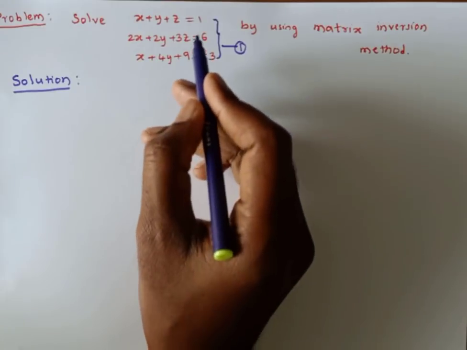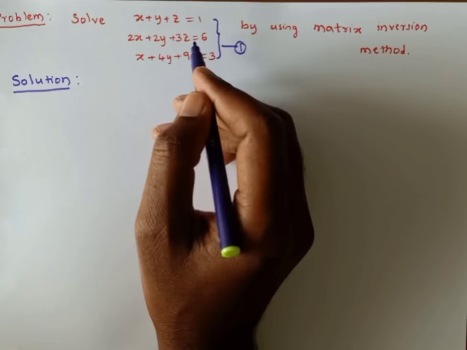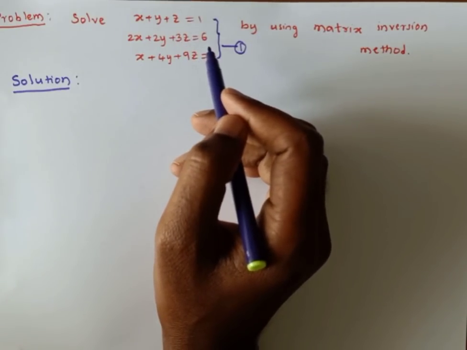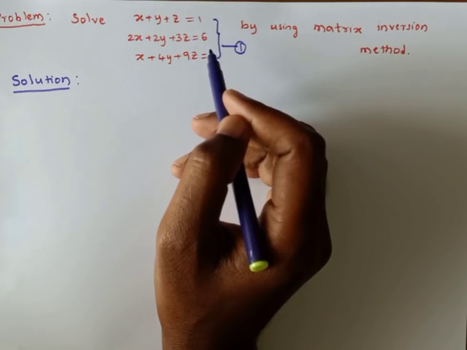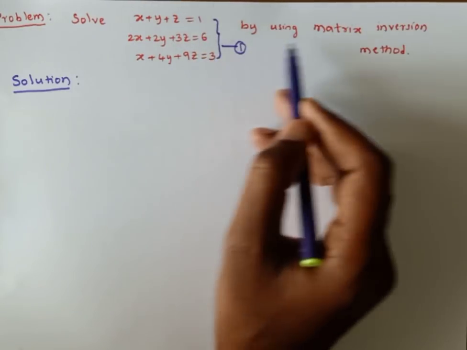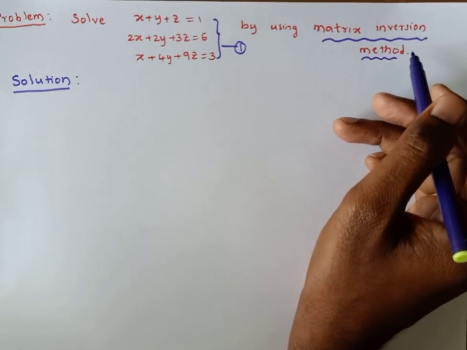So I have chosen the previous problem here. Means you can use any method to find the solution of the given system. The answer is the same. For the previous solution, we get the x value is 7, y value is minus 10 or 4, like that. So if we solve this system by using the matrix inversion method also, we get the same answer.